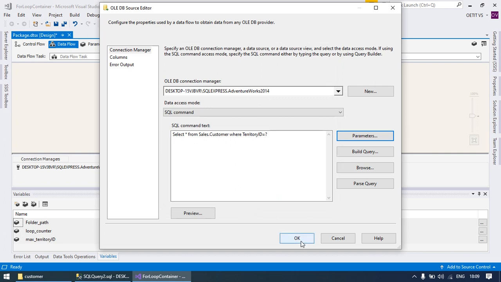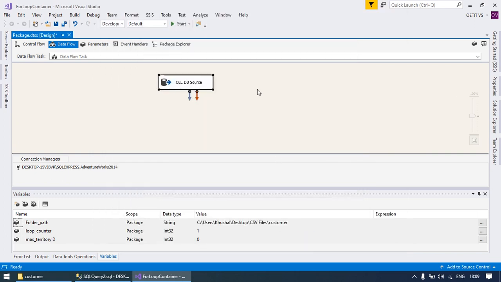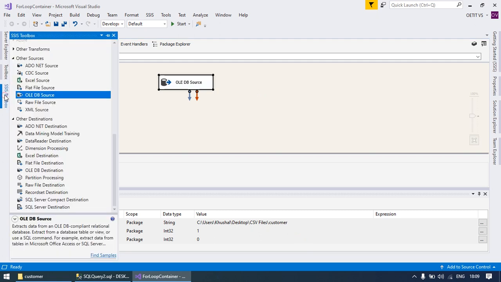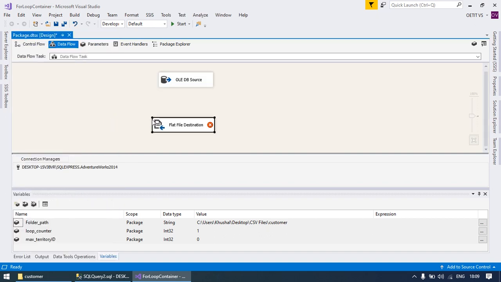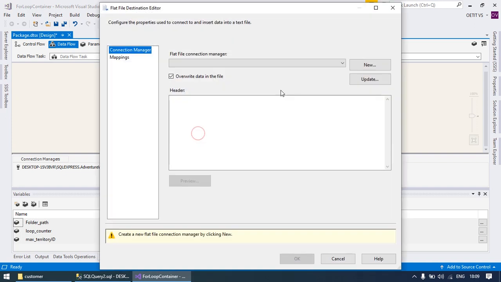Okay. Click on OK. Now from the toolbox, as a destination you can take a flat file destination, because we want to generate all the CSVs, connected with the OLE DB source. Now edit it,